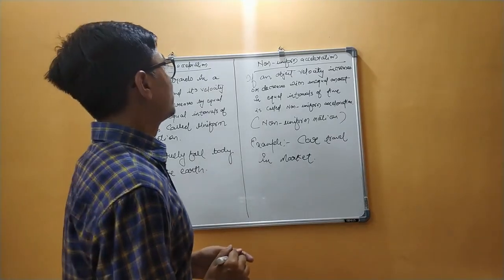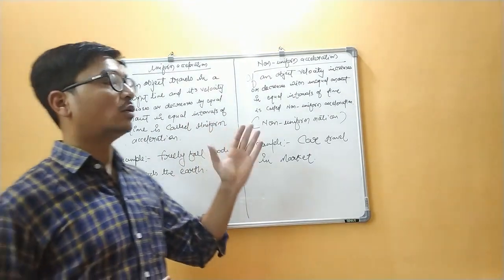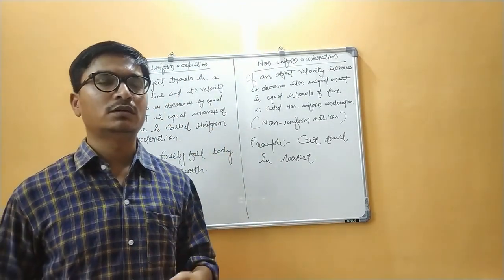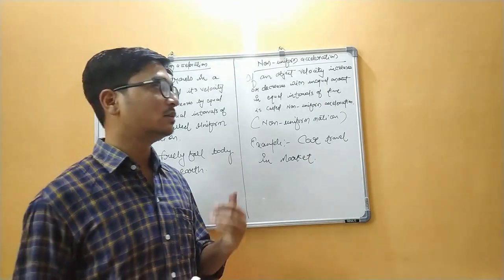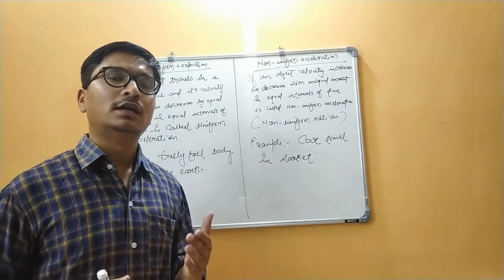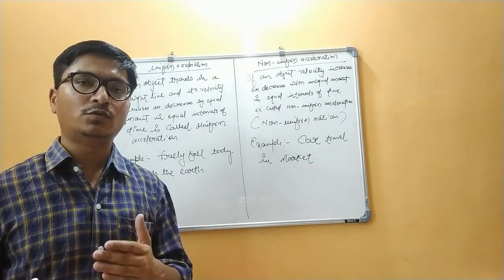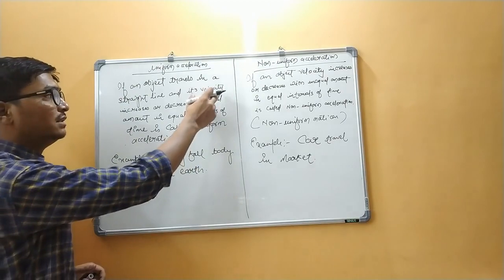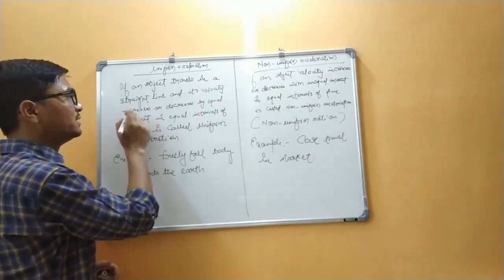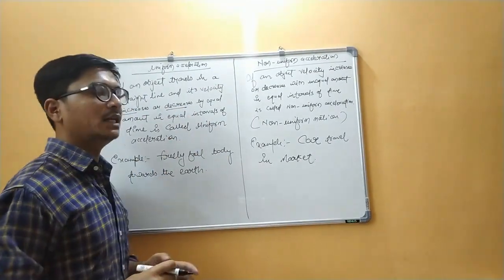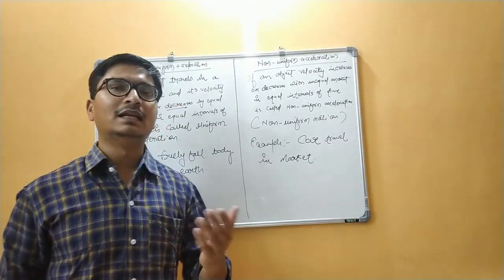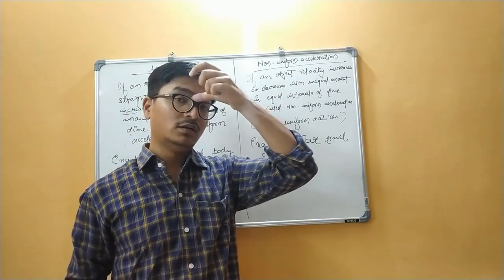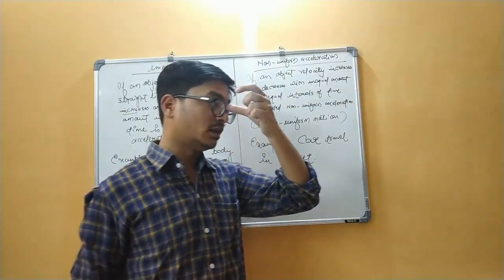Okay, our next topic is uniform acceleration and non-uniform acceleration. It is the same as uniform motion and non-uniform motion. What is acceleration? We know that the rate of change of velocity with respect to time is acceleration. You have noted that many objects travel in daily life, whether it is a car, us, a bird, or any other object, living or non-living.